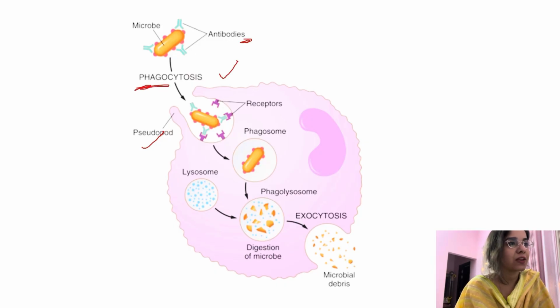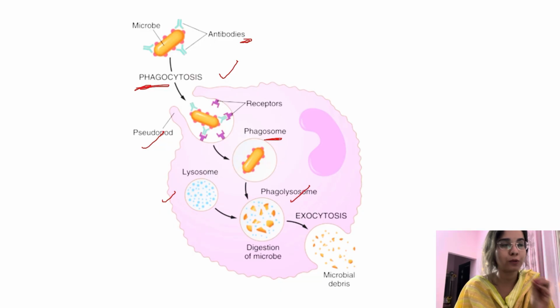So by this phagocytosis, it forms a phagosome, right? It forms a phagosome which has this antibody-coated microbe, right? This is the microbe which has antigens over it. Now this phagosome fuses with the lysosome, and it forms a phagolysosome, right? So in this phagolysosome, all the hydrolytic enzymes of the lysosome can act upon it, and it fragments the microbe